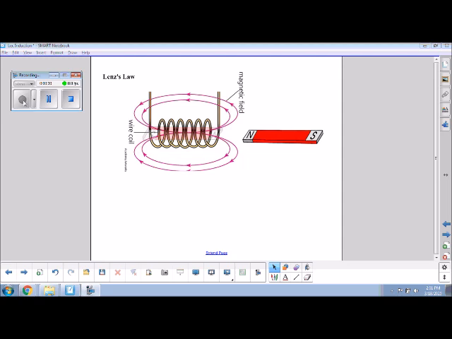So, look at Lenz's law for this one, and let's focus on the idea that if the magnet goes into the solenoid, it's going to create a current. But also remember that current in the wire is going to create a magnetic field, and the direction of the current in the wire determines the direction of the magnetic field in the wire or inside that loop. So if you look at the picture as drawn,